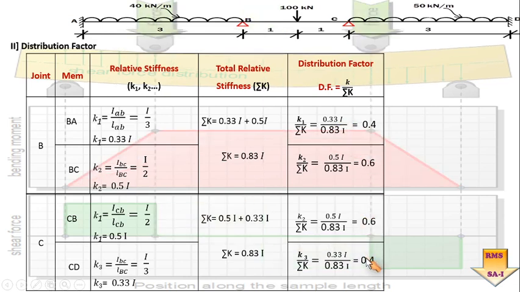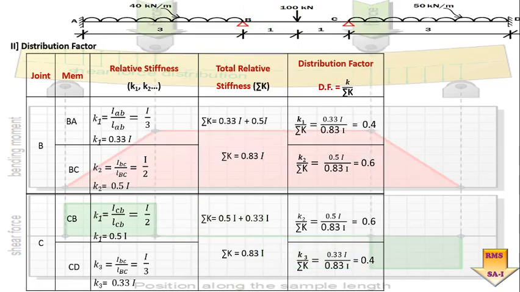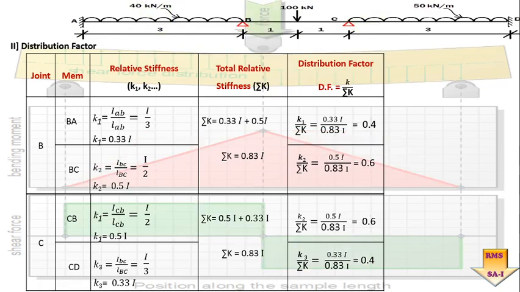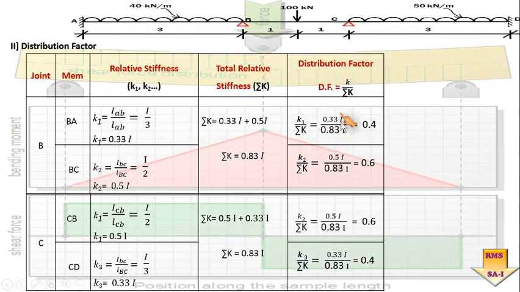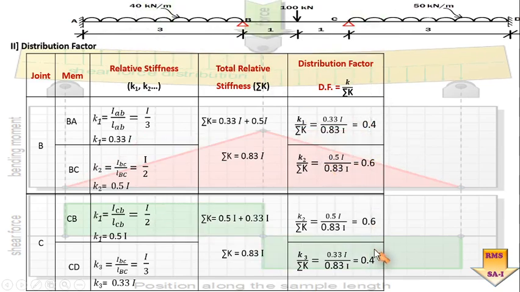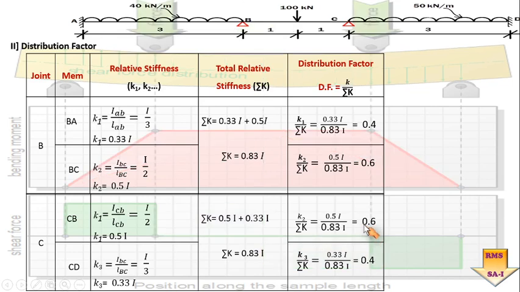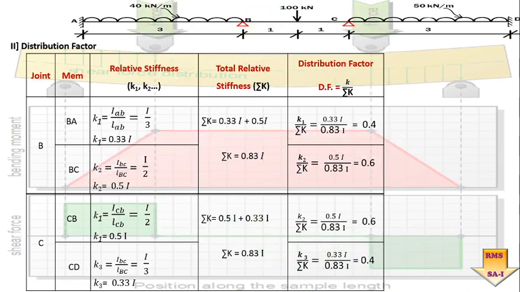So this is another important thing, because we are dealing with the moment distribution where the moment is to be distributed as per the relative stiffness of that individual member, for which we have worked out the factor with which it is to be distributed. Is it okay? So this is the factor which depends upon the relative stiffness of a member. So these are going to give you the proportion of distribution of the moment. So this is another very important step to be understood and worked out at this particular stage.